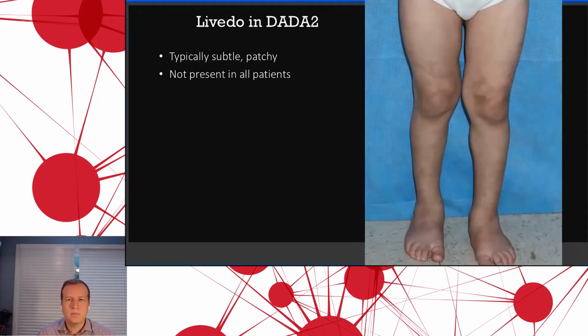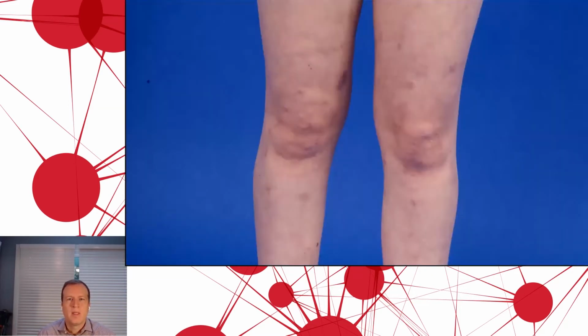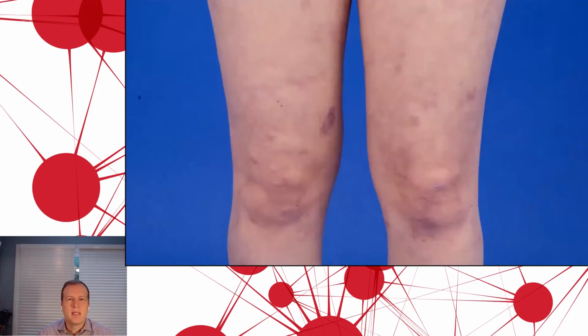Again, an example of more localized involvement, where the livedo pattern is localized primarily to the distal thighs. Here is another example of this patchy pattern, with the most prominent visible area of livedo pattern over the legs. I'll just highlight on the right thigh here, you can see the downside of doing larger incisional biopsies is you do have larger scars that patients, particularly young patients, are going to have to contend with for the rest of their life.